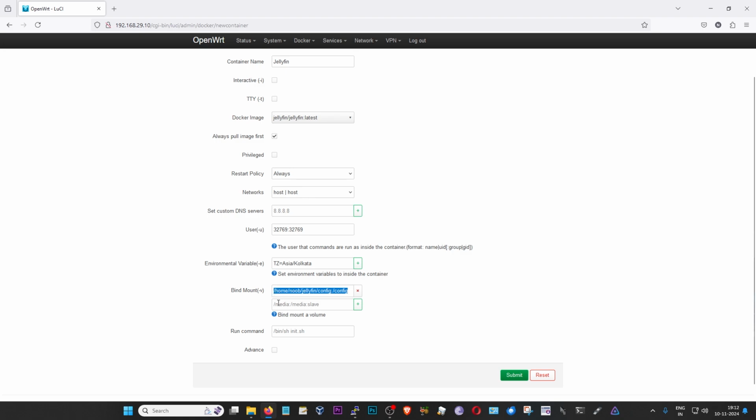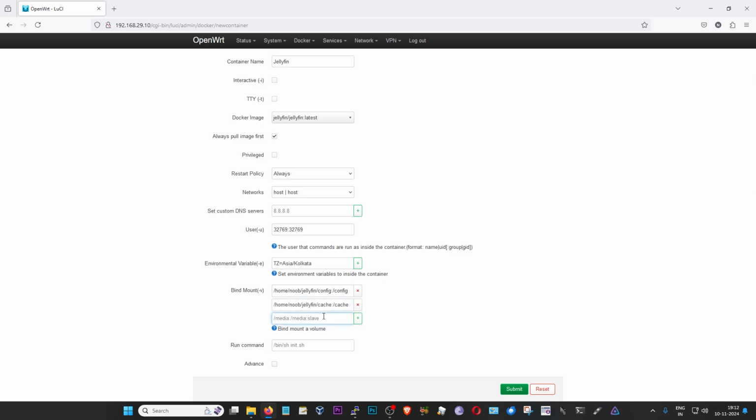I'm going to copy it right here and then just change these values. Config, I'm going to change to cache. Again, I'm going to repeat it right here. Okay, cache. Okay, and then click on this plus button. Do not forget that. Now I'm going to provide the folder which pertains to my network share, or rather my media folder, and that would be this partition, that is